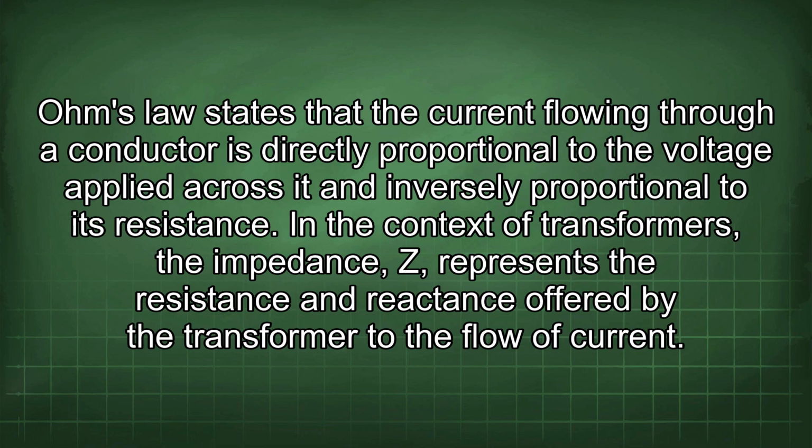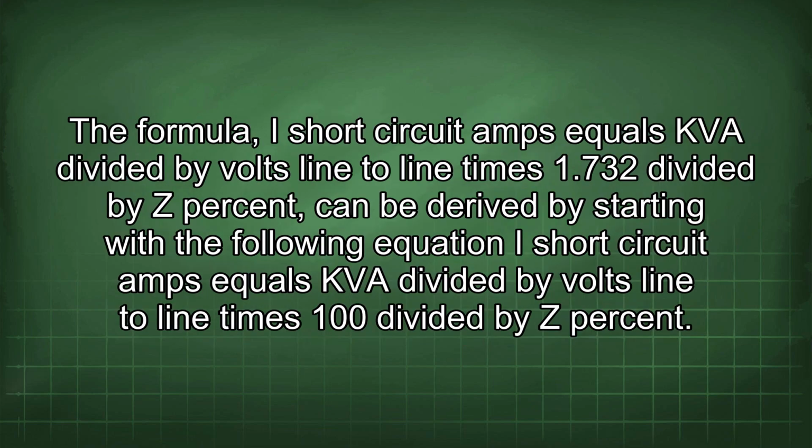Ohm's law states that the current flowing through a conductor is directly proportional to the voltage applied across it and inversely proportional to its resistance. In the context of transformers, the impedance Z represents the resistance and reactance offered by the transformer to the flow of current. The formula, I short circuit amps equals kVA divided by volts line to line times 1.732 divided by